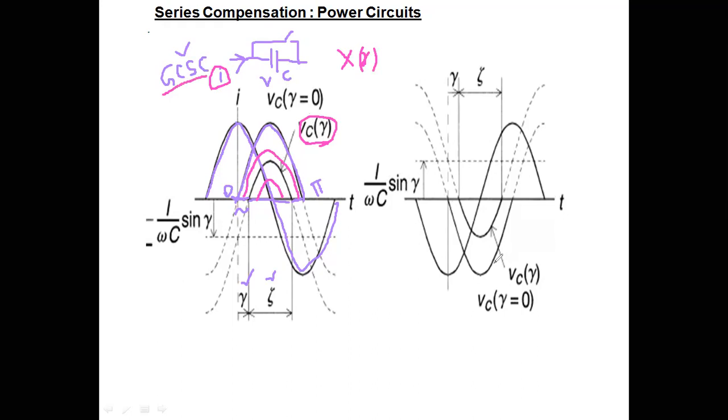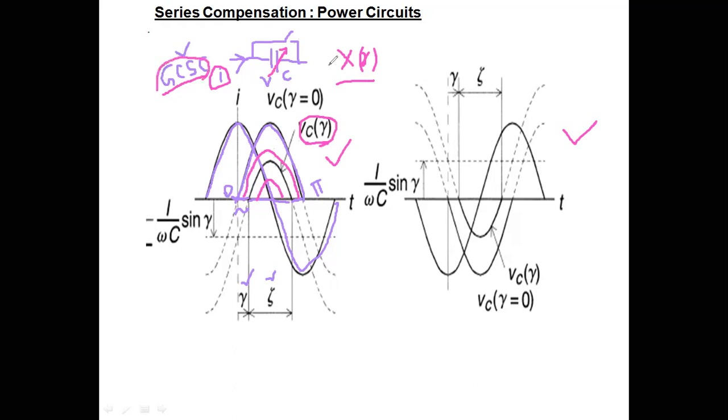The same explanation applies for the negative cycle, or for a number of cycles; you can vary gamma and represent the different currents. That is not required, but this is very, very important. Either for the positive cycle or the negative cycle, we have to explain how the GCSE is operating and how we get variable capacitance using switching, that is, variable voltage.